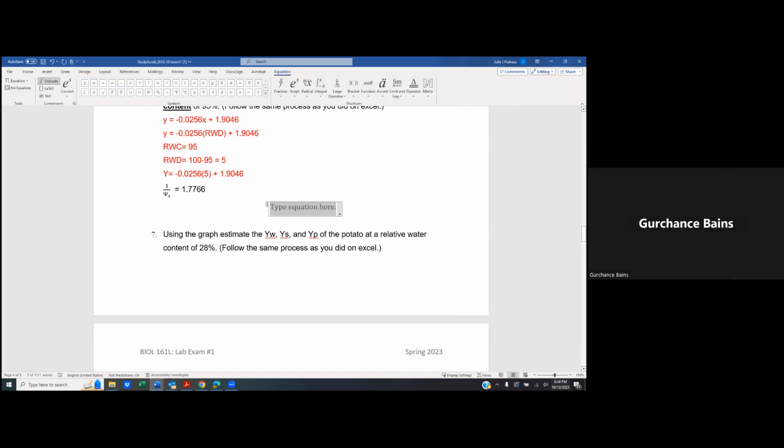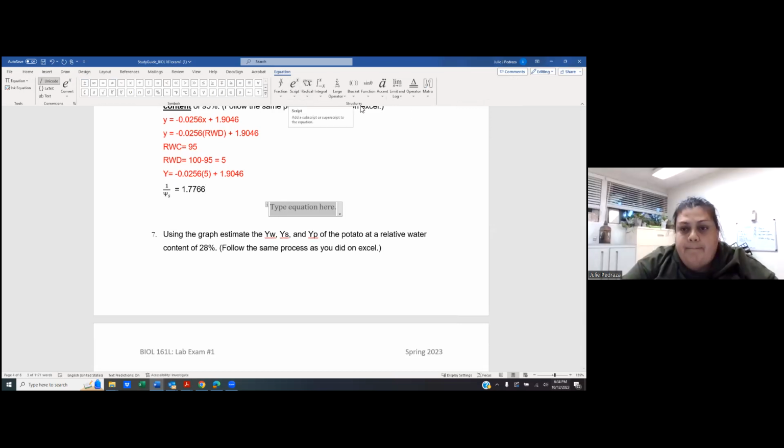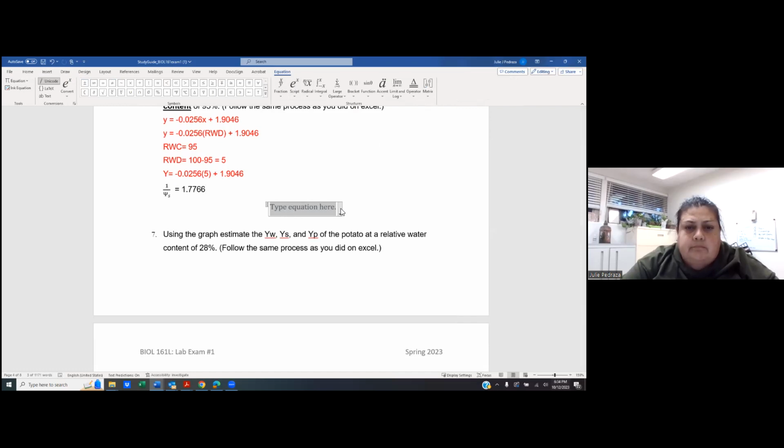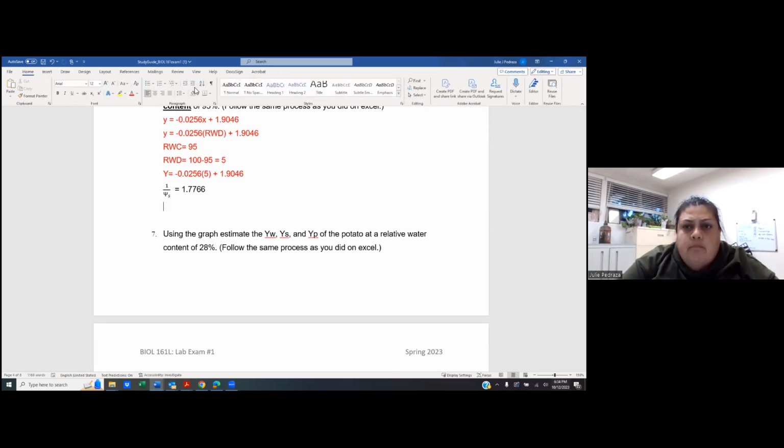Did we divide it, or one over that number, to get relative water potential? Yep, all of the above. I'm just going to put psi. You guys know what I'm talking about, right? Okay, so that means we need to do 1 divided by, which equals